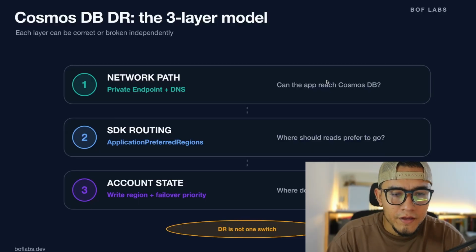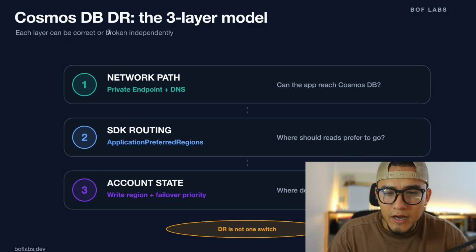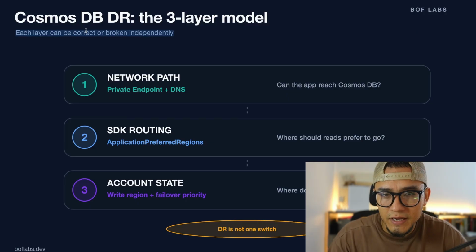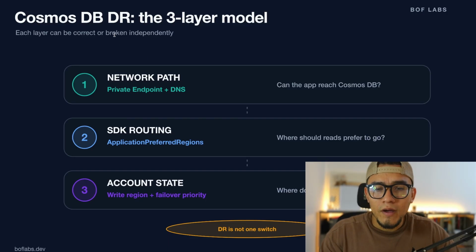Before we configure anything, you need to understand how Cosmos DB decides where to serve your reads. When you create a Cosmos DB account, by default you will get a global endpoint and regional endpoints. However, when you are connecting to the Cosmos DB account, you will be using the global endpoint in your connection string, not the regional ones. And then the Cosmos DB service and the SDK will decide how to route that traffic to the proper region. That is why I decided to explain this DR strategy in 3 layers: the network path, the SDK routing, and